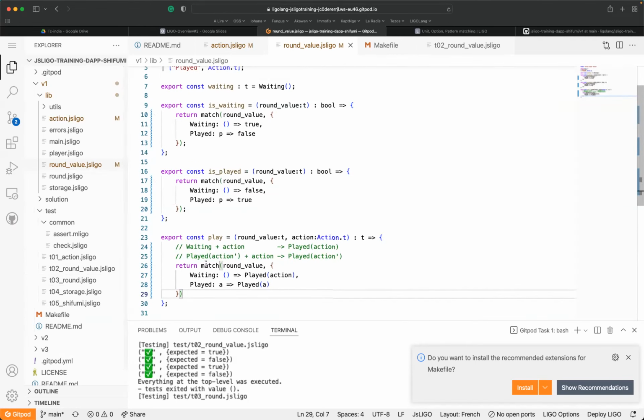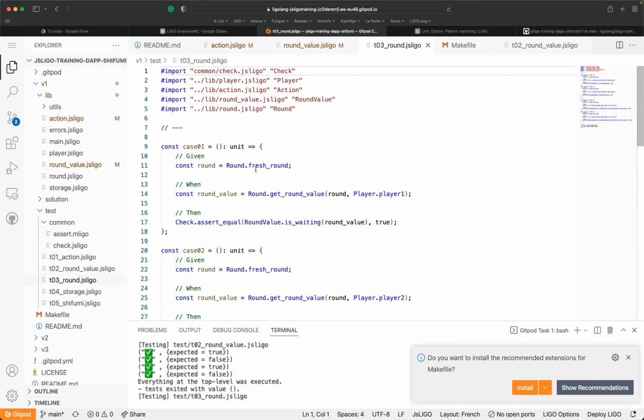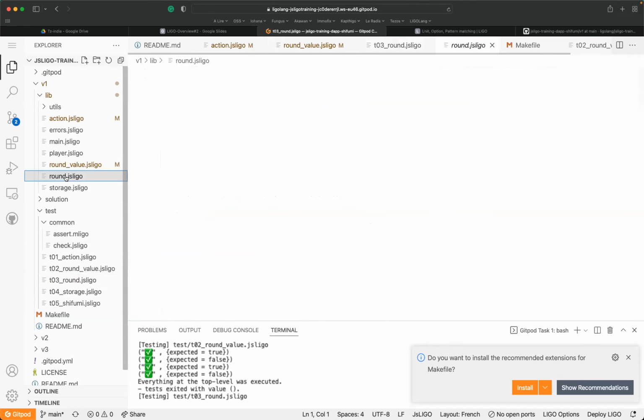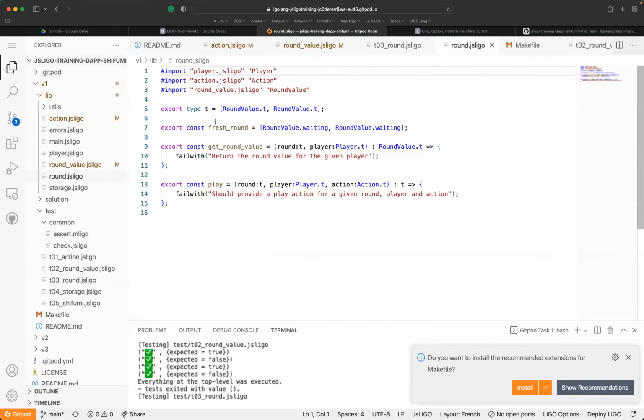Then after, this is what we call a round value. Then after, the first step is to define a round. This is a test, of course. And the round, as you remember, we say that the round concerns only 2 players. Okay, player 1 and player 2.